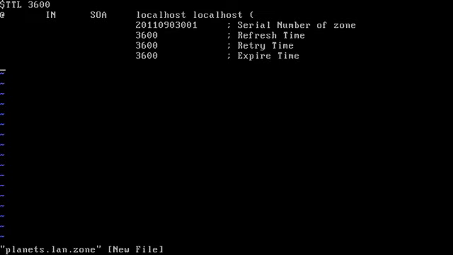What it does with higher numbers is it tends to reduce your DNS traffic because it lets servers on the internet cache your data longer. It's generally good, not always. If you need to do a quick swap of a domain name or something like that, one trick is to set the TTL really low for about 3 or 4 days, do the swap, and then raise the TTL back